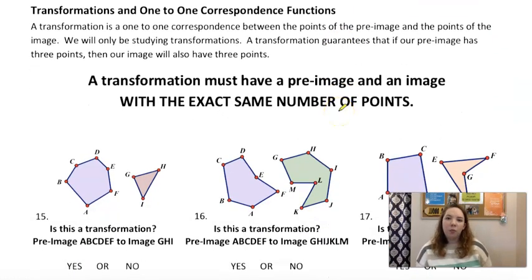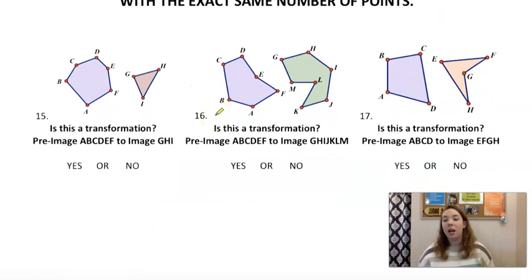So transformations and one-to-one correspondence functions. A transformation is a one-to-one correspondence if it has the same number of points. We will only be studying transformations, which means they have the same number of points in pre-image and image. A transformation guarantees that if our pre-image has 3 points, then our image also has 3 points. All right, so is this a transformation? On these,